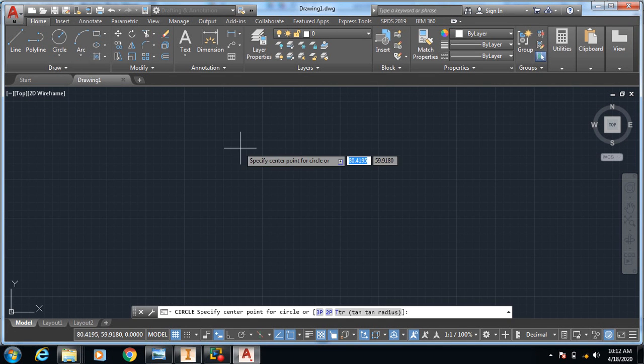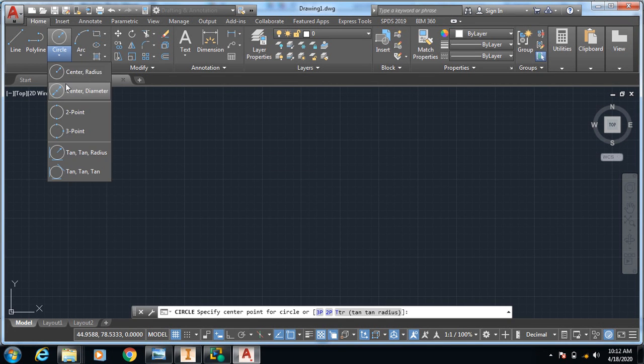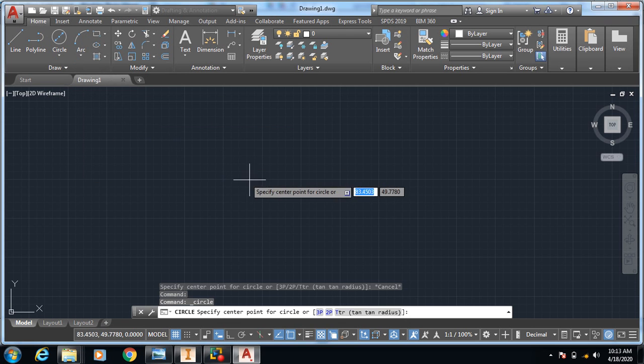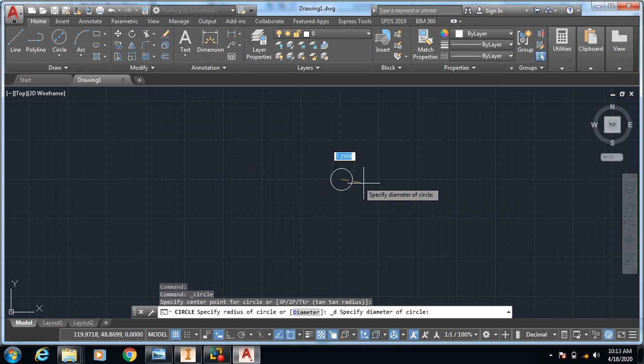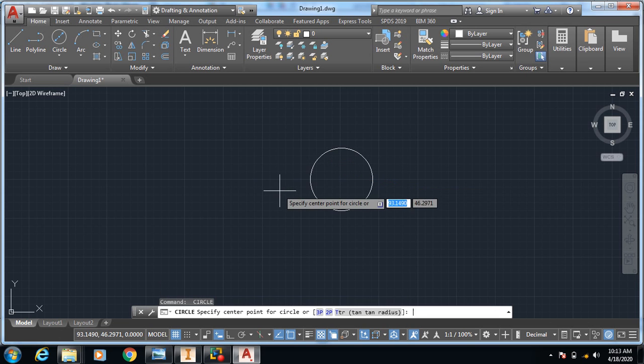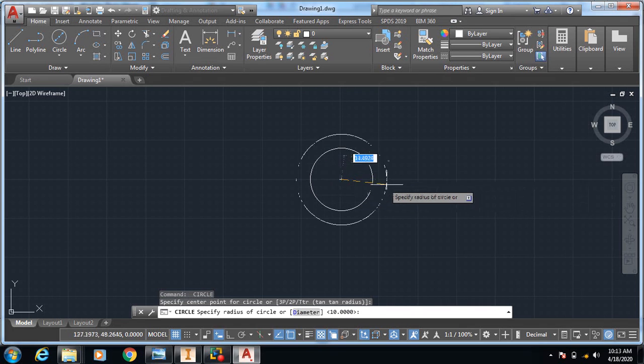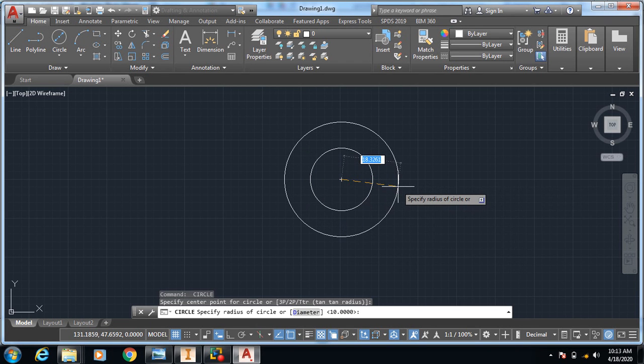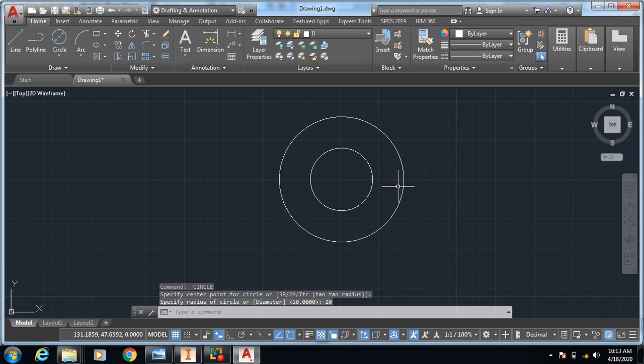First of all, we need to design a circle, a center circle with a diameter. So click here. The diameter of 20 mm. Again, press the space key and design another with a diameter of 20 mm.